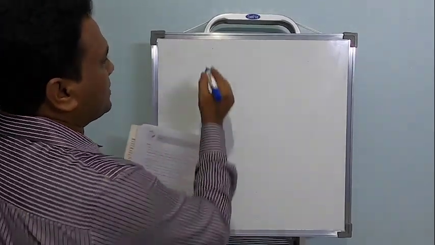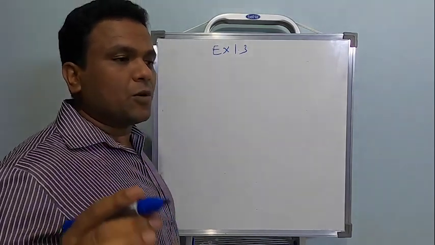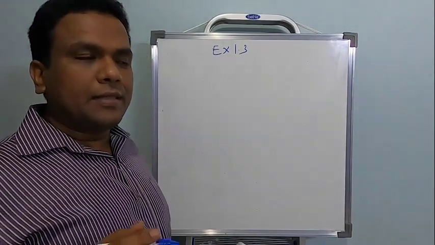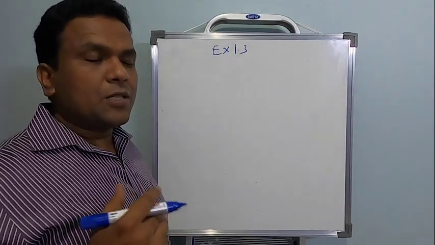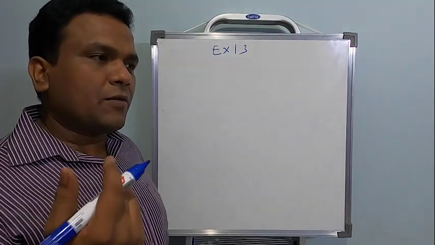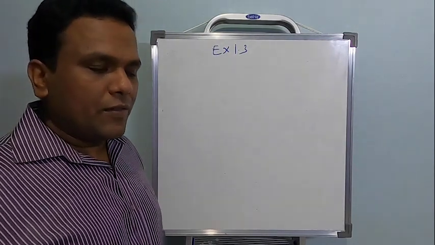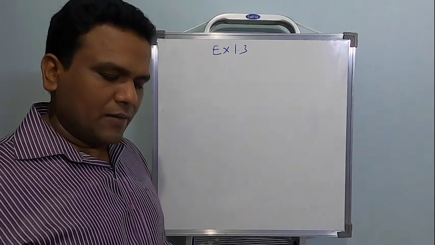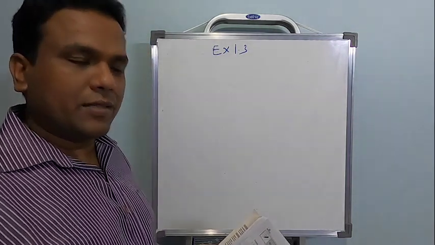Let's move on to exercise 1.3. I said inverse problems, one method I told you, that method by using the one-one and onto condition. But there is one more way which is actually easier, that will just take the help of the composition of functions to find the inverse. When I come to that problem, I will explain that part. So now let us concentrate on exercise 1.3.